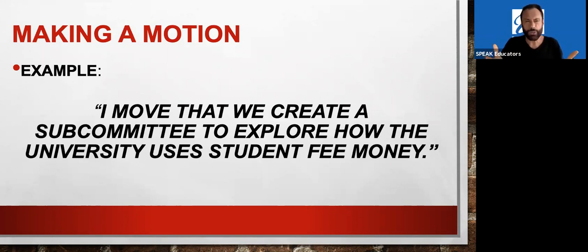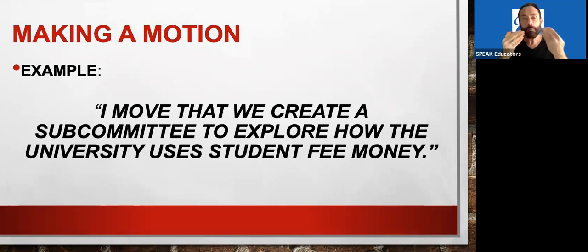Once the discussion is pretty much wrapped up, the person running the meeting, the president maybe in this case, will say, if there's no further discussion, let's move to a vote. All those in favor? All but one member says, I'm in favor of this motion. Then anyone opposed? One person opposes. Any abstentions? None. The president will say the motion passes. That means the officers of the group are now directed to create a subcommittee who will explore the issue, in this case, how the student fee money is used. That's how groups make motions, and how the group is directed toward action.